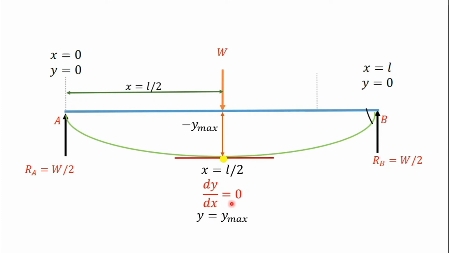For a beam to be safe, beams are designed as per the maximum deflection, and this maximum should be minimum. That means the deflection of the beam should not exceed its elastic limit, and if y max exceeds its elastic limit, then the beam will rupture, fail, or collapse. So all in all, you need to keep the maximum deflection of a beam under limit, or you can say you have to keep the maximum deflection of a beam to be minimum.